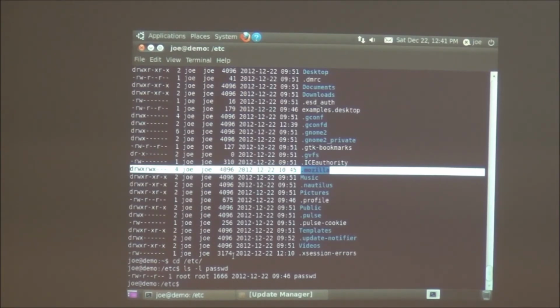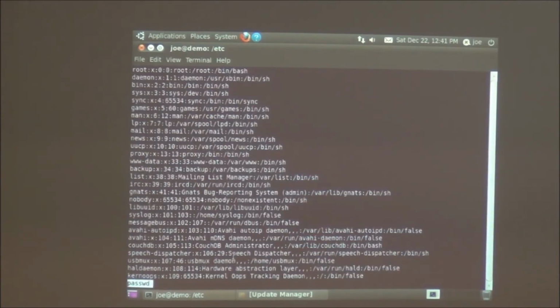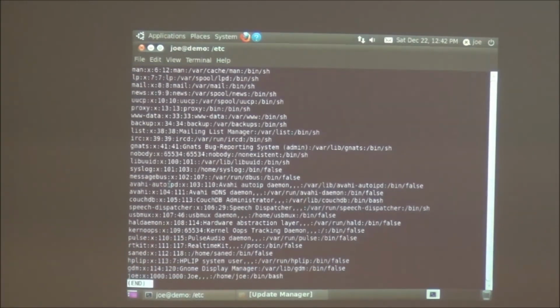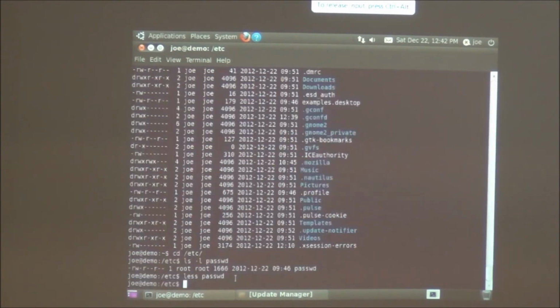So right here, root's user ID was 0, right? If you look all the way down, nobody else has 0. Joe is actually 1,000. Okay? So show you something real quick.